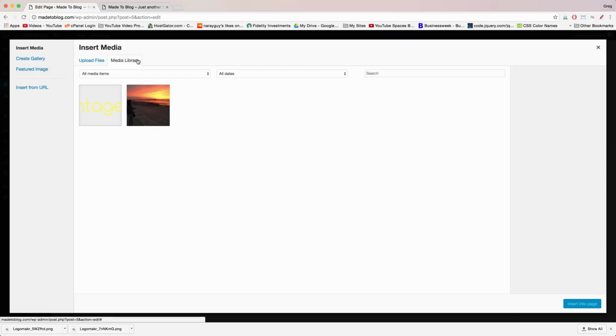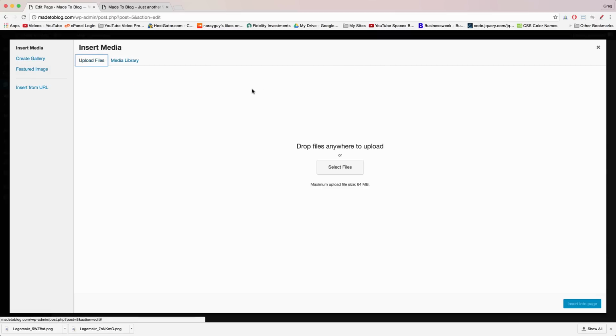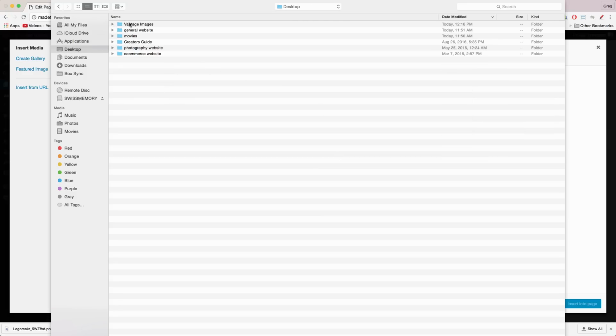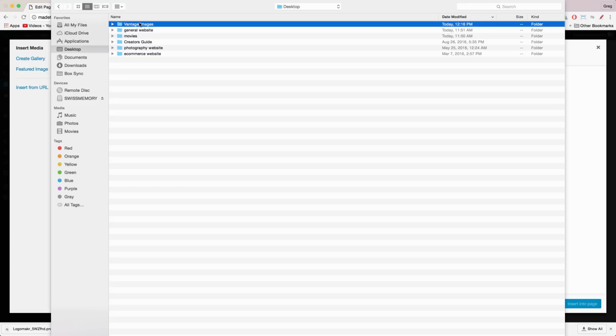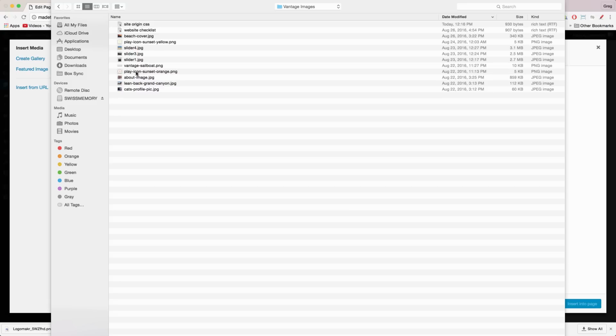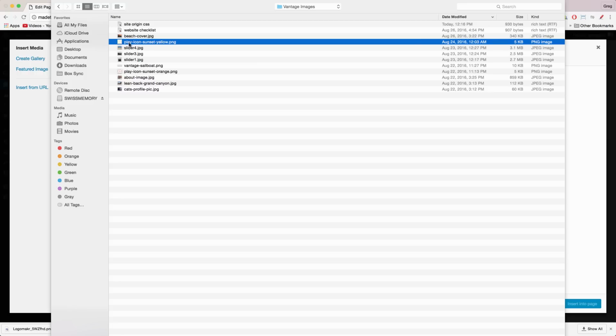Alright, and now click Upload Files, select Files, and you might have to go out a couple folders to find the Vantage images that we downloaded earlier. You can download that at any time from the written guide to this tutorial. Double click, and then let's go with the yellow icon, which will match our logo in yellow. Double click on the yellow play icon,